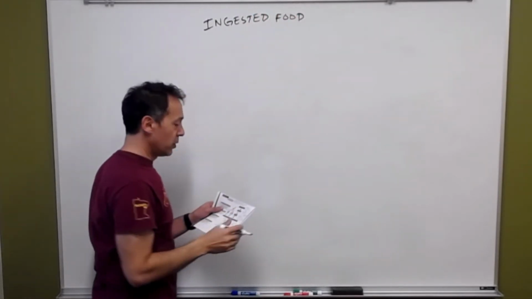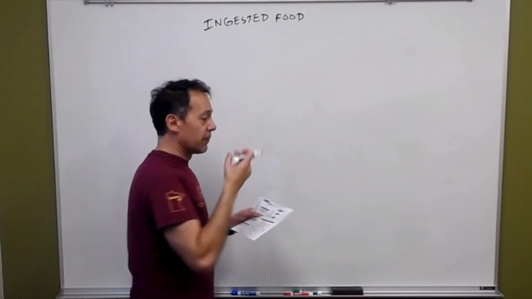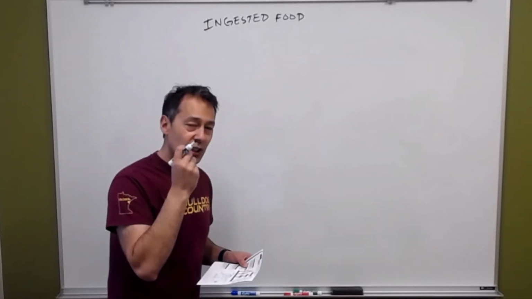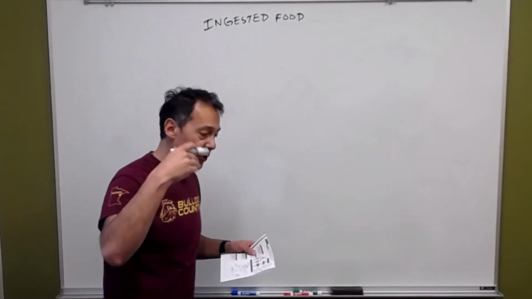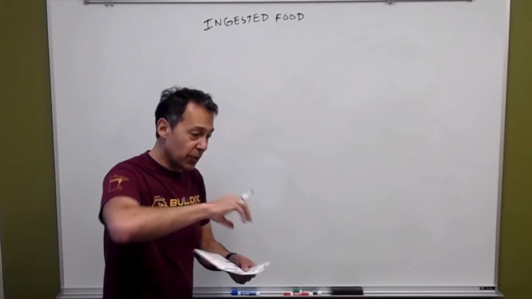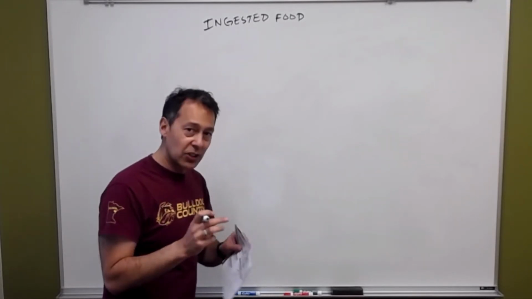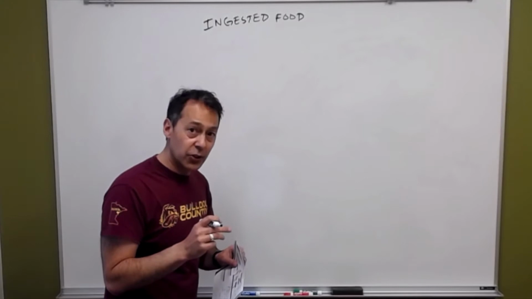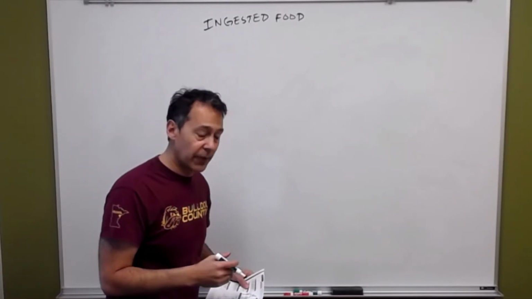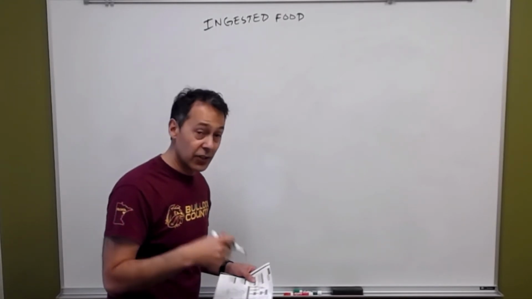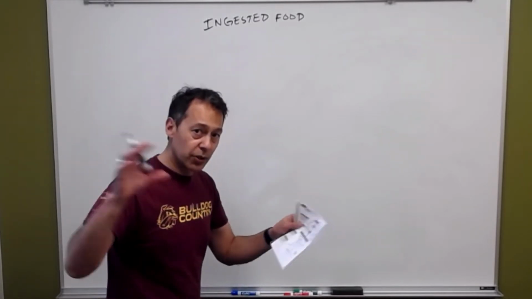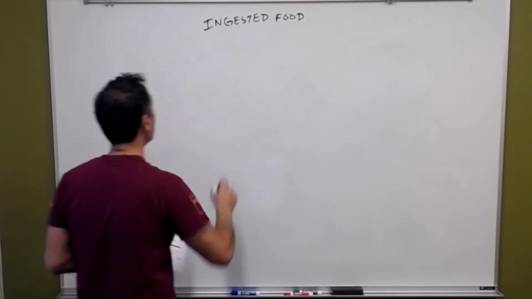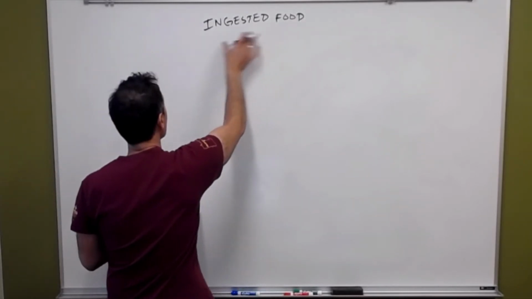That ingested food is then going to be pulled into the mouth, and saliva and enzymes in your mouth will start breaking those things down. And then it also goes into your stomach, and in your stomach kind of mechanically breaks things down a little bit as well. And then there's also enzymes in your stomach as well as hydrochloric acid. And so all of those are going to be trying to take big molecules and break them down into smaller pieces. So now your ingested food here is going to get broken down into fats,